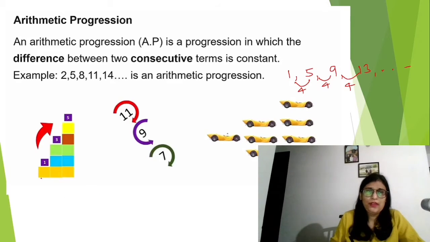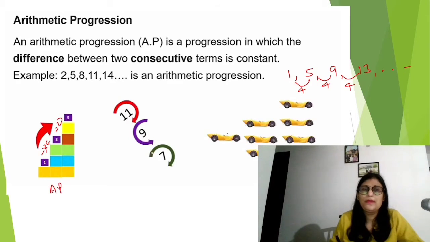Similarly, I can give you this example. There is a block of 1, then a block of 3, then a block of 5. Between any two numbers we have a gap of 2, right? So this is also an example of an AP series. Here we can say there is a gap of 2: 11, then 9, then 7. Similarly, in this picture we can see there is a gap of 2. In the first column we have 1 car, then 3 cars, then 5 cars. So there is a gap of 2.